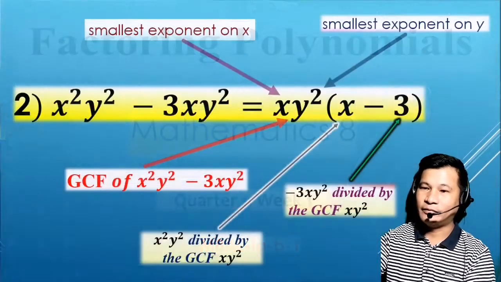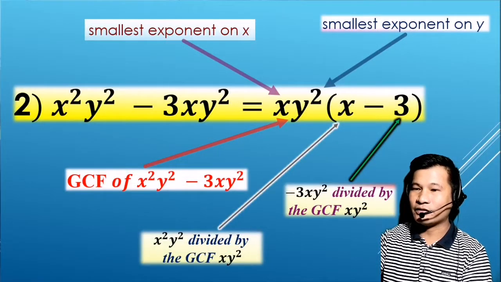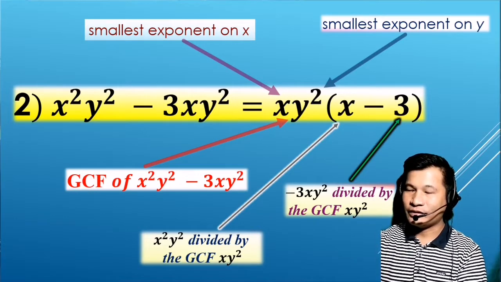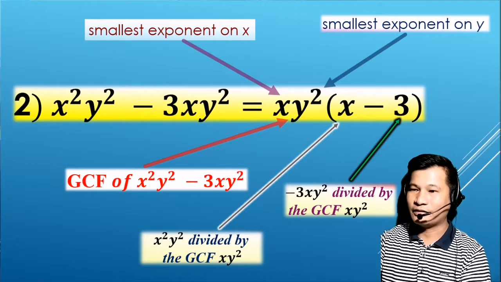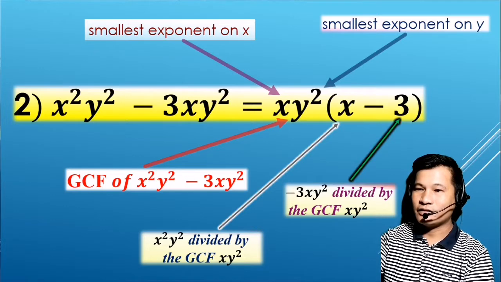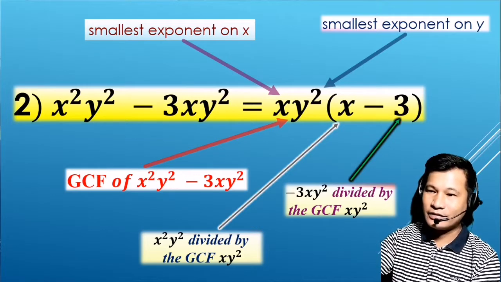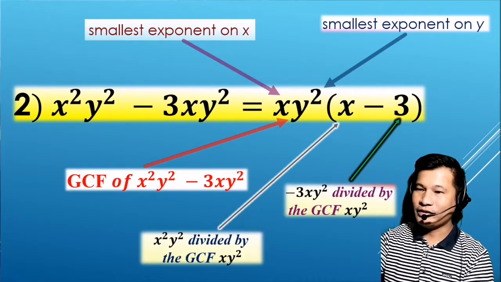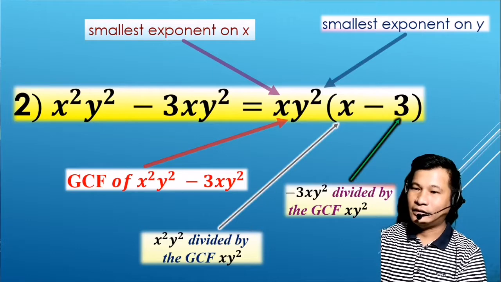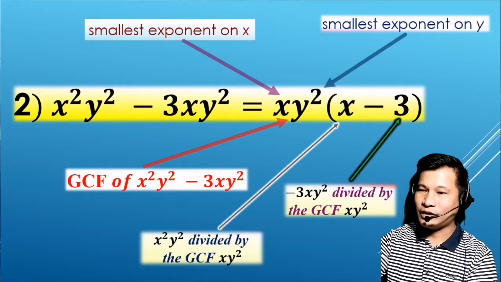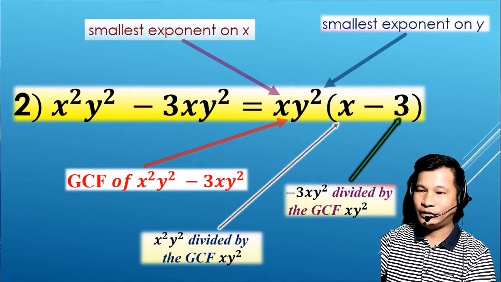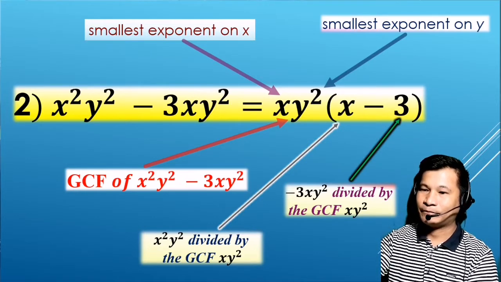Example number 2, we have x squared y squared minus 3xy squared equals xy squared times the quantity x minus 3, where x is the smallest exponent on x, while y squared is the smallest exponent on y, and xy squared is the GCF of x squared y squared minus 3xy squared,